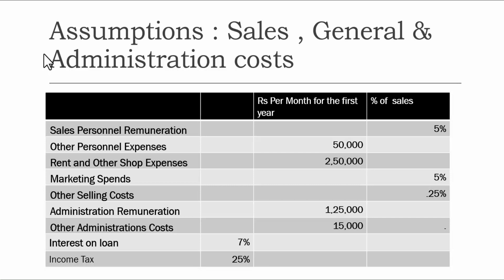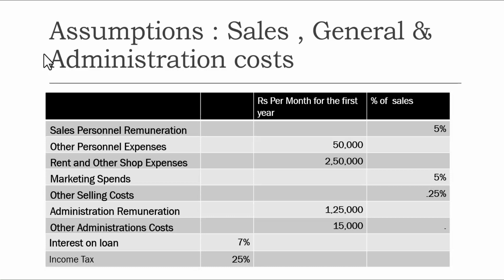Okay. Cost of personnel required for doing your sales. Other personnel, you'll be needing some more people also. So that will be around 50,000 rupees. Of course, you can always give a more realistic number. So I've just given some numbers so that we can work out with that basic information. Then rent and other shop expenses. So you are going to have a factory where you're going to manufacture your PCs, either you buy it yourself or you take something on rent. Or your showroom where you're going to sell, or your distributors who are going to sell it. So 2,50,000 is the rent which you're going to pay